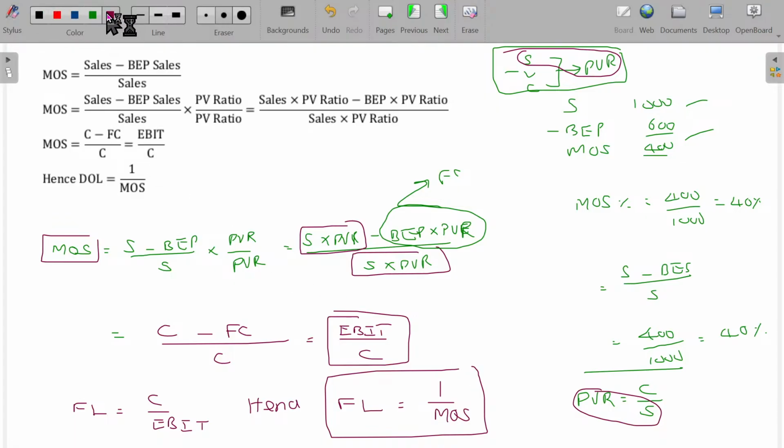After that, the main thing that you have to understand here is the degree of operating leverage. Sorry, this is operating leverage. So, degree of operating leverage is equal to 1 by MOS, the other way of representing the same idea. So, you have to memorize the operating leverage, financial leverage, combined leverage, the basic formula, the percentage change based one. Then the derived ones, being C by EBIT. You have to understand these two. And you need to understand operating leverage is equal to 1 by MOS. How, sir? In order to prove that, just understand these steps, otherwise not required.